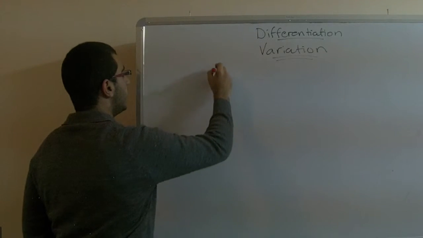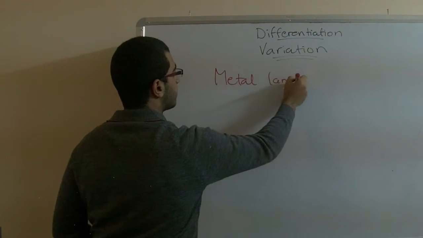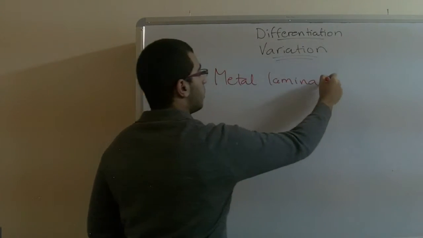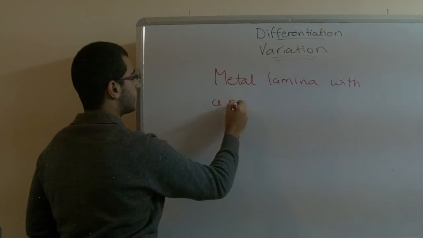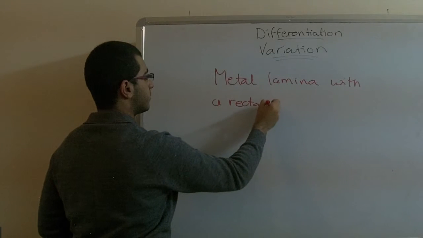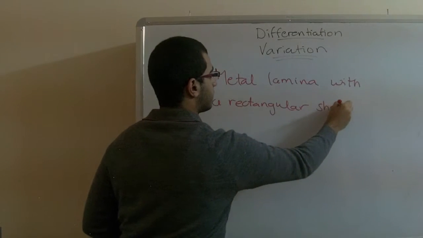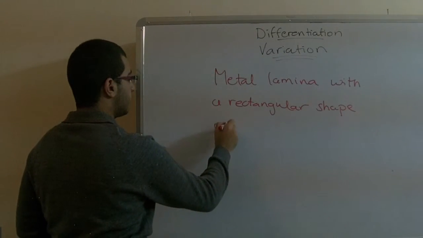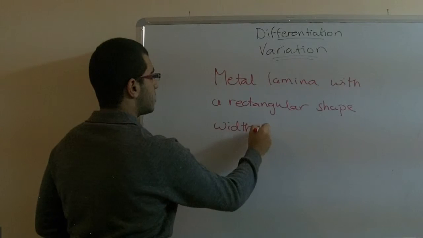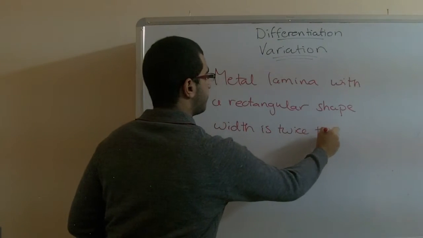If we have a metal lamina with a rectangular shape, and the width is twice the length,